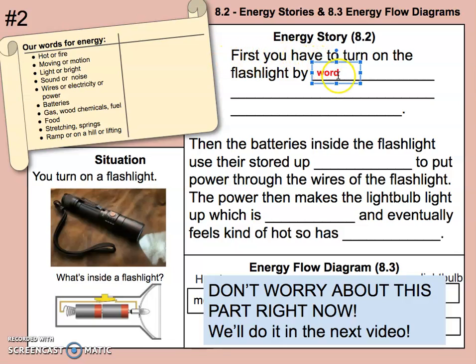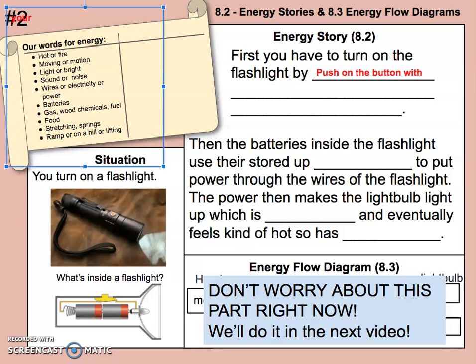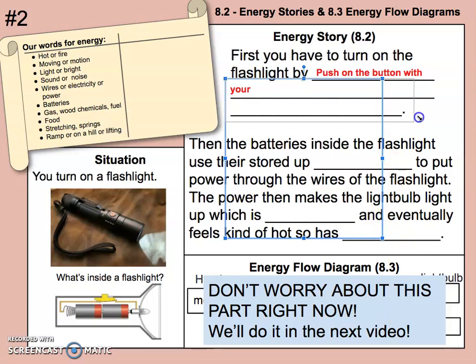So first, you have to turn on the flashlight by, what do? Well, you push on the, oh, my box is not long enough. Push on the, I don't know, should we call it button with your, that's where I'm going to need another box. If you have Notability, I would highly recommend just writing this with your finger, using the writing tool instead of typing it. Because typing when you're filling in blanks is super annoying. But I tried to make them big enough that you could easily handwrite it. So push on the button with your finger,